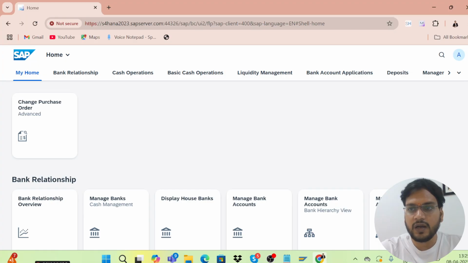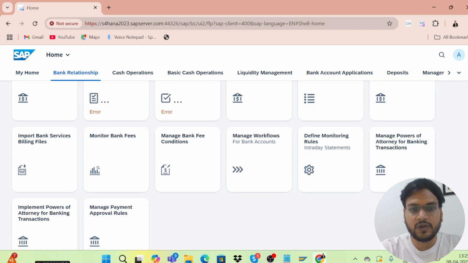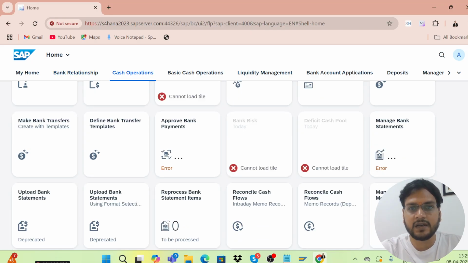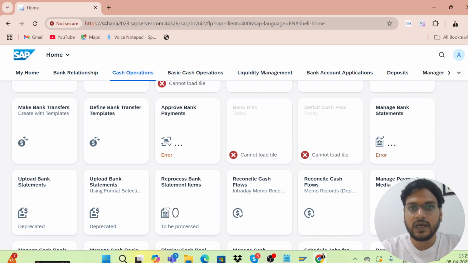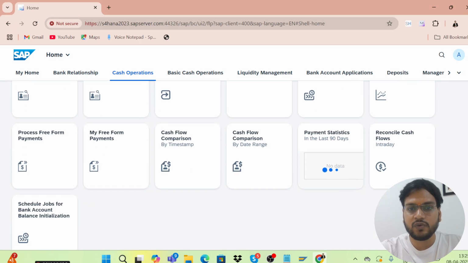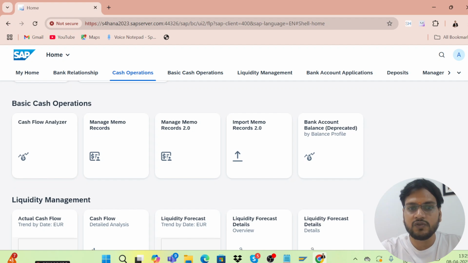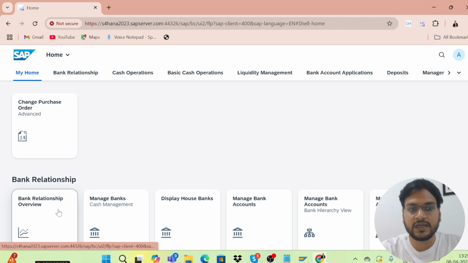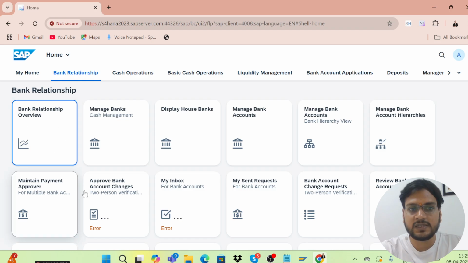So these all are tiles. Whatever roles are assigned to your profile in the SAP system, like the basis consultant used to assign the roles, whatever roles are assigned to your user ID, you can access those tiles. If you go to bank relationship, you can see all tiles related to bank relationship.